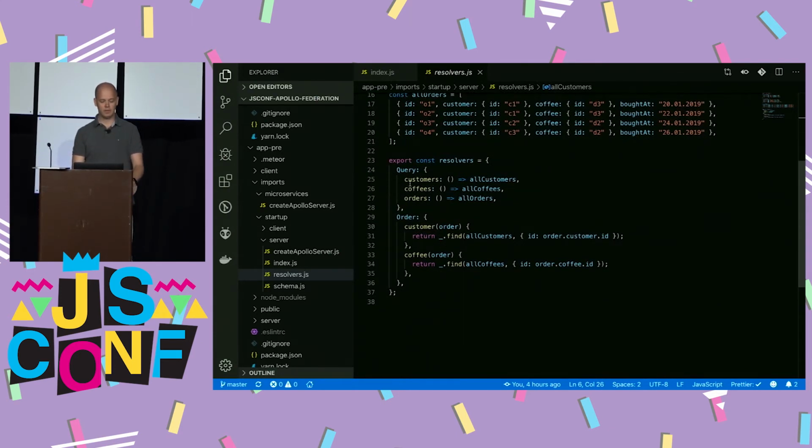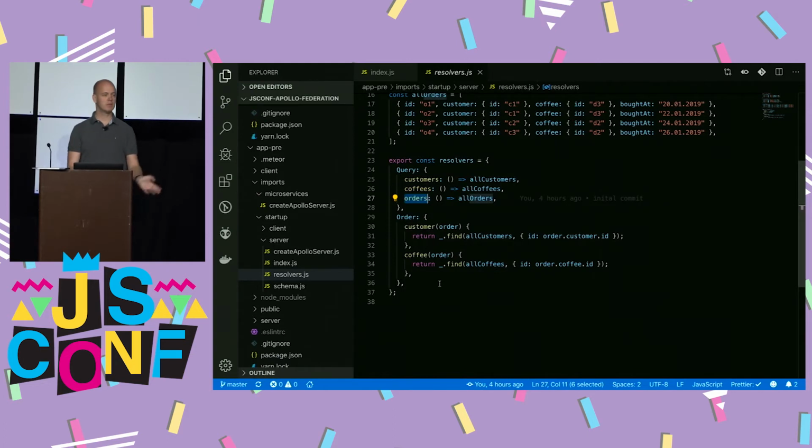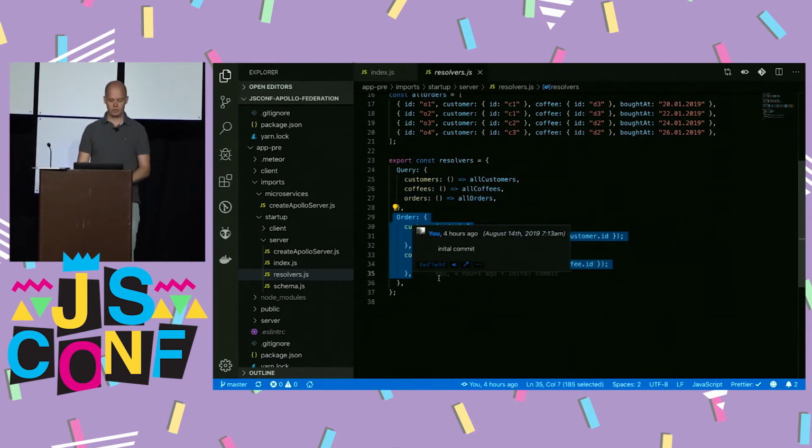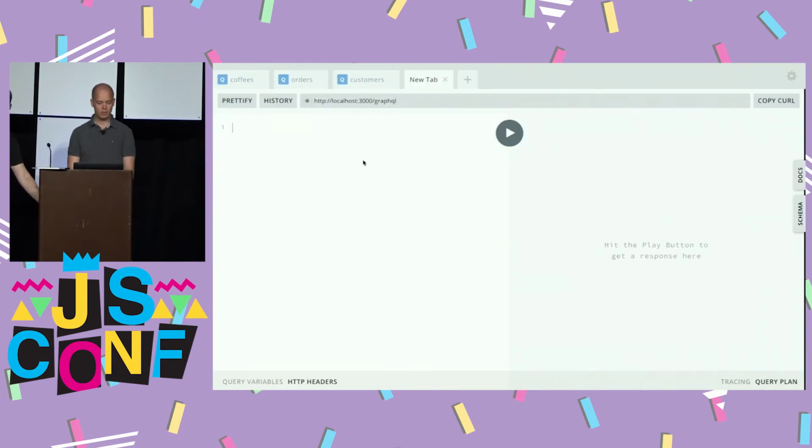In the resolver, the same. We can query all customers. We can query all coffees. We can query all orders. And we have this thing here that basically makes orders resolve correctly. So now let's quickly look at